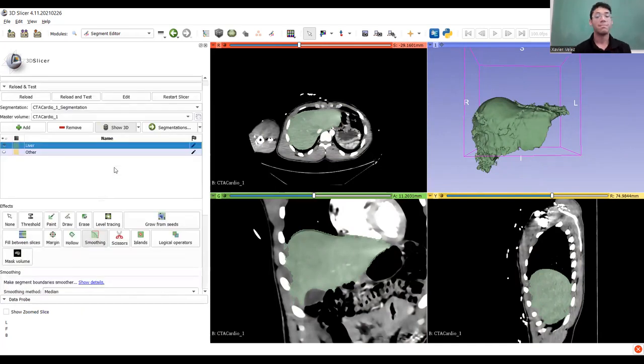Just a little disclaimer: this is going to depend a lot on what you're doing this for. Smoothing can often be either really overdone or underdone. And I typically err on the side of underdoing smoothing, primarily because a lot of what I use 3D Slicer for is